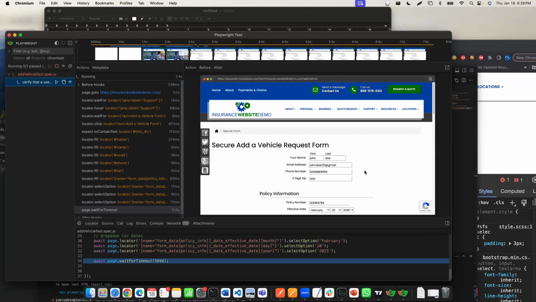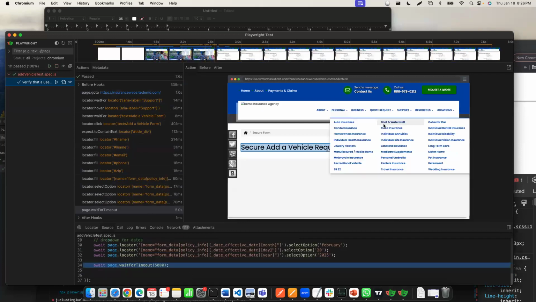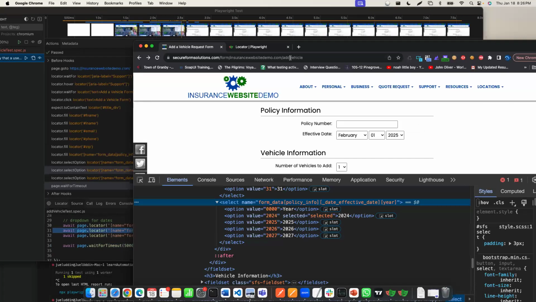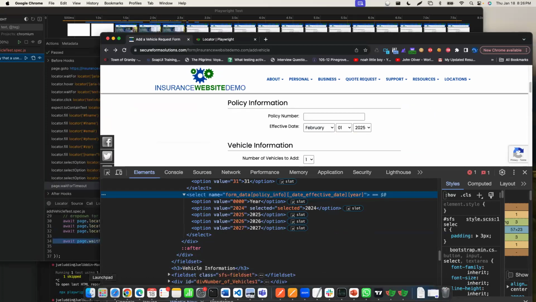Okay, it's filled out and it's too fast. That's one of the things, just way too fast. Sometimes you'll probably find yourself slowing the test down at work because your application cannot handle the rapid action that Playwright is doing, and you purposely have to slow it down. And we'll show you how to slow it down. But let's look at it. Everything else looks good so far. The test so far is good. It filled out all this information. Great. Let me go back in here